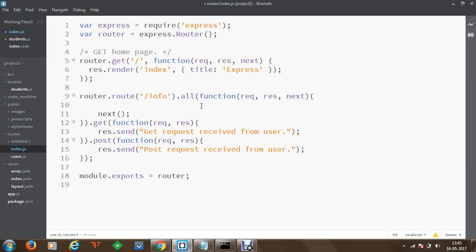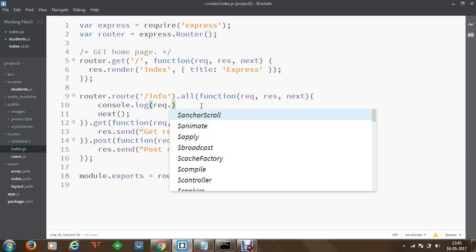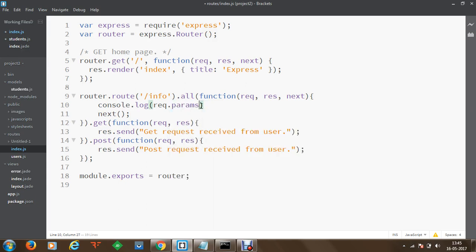a request, we are going to print console information. From the console, I'm going to write a log, and within this I would like to display request.parameters. So these request.parameters will be logged onto the console as soon as I have received the request. So I am going to get the parameters which have been sent from the form to my logical code, to the controller.